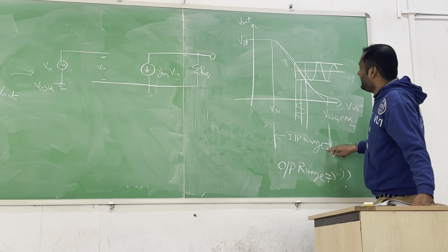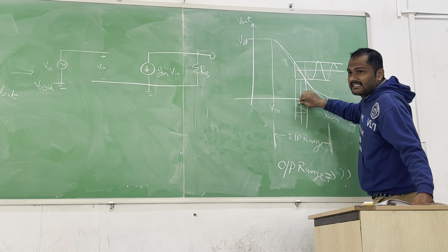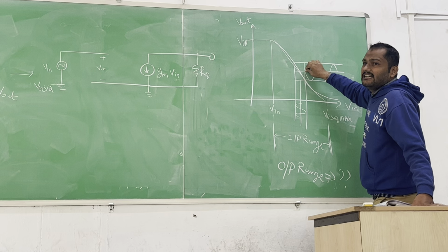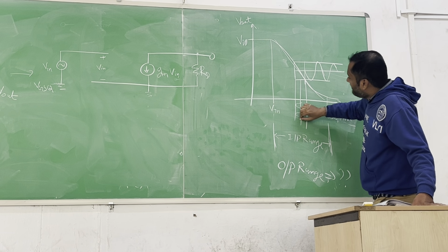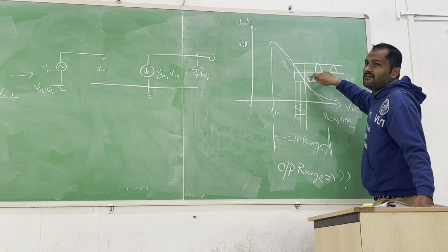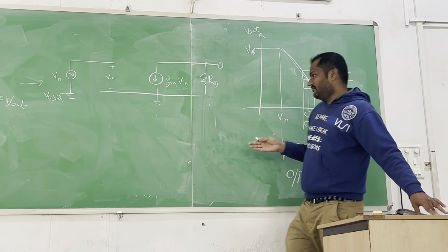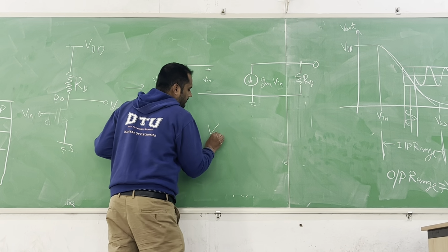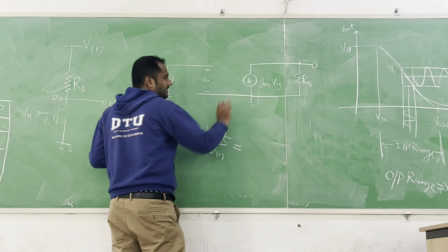So this is our input range, and now again when we draw this, we are applying a small AC signal. It is converting into a large AC signal, but inverted. Here we are applying a positive sine wave. Here we are getting a negative, inverted one. Okay. So now, here is your assignment. You need to find out the value of Vout upon Vin by solving the current voltage equation.